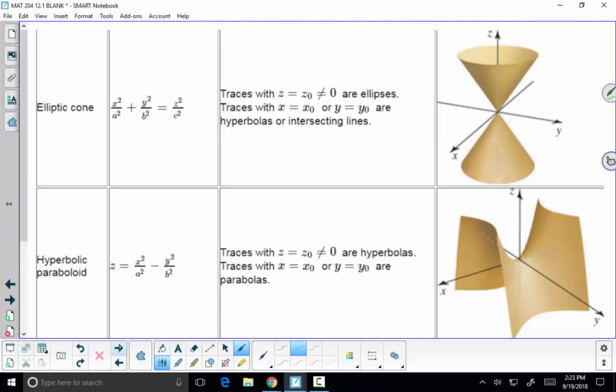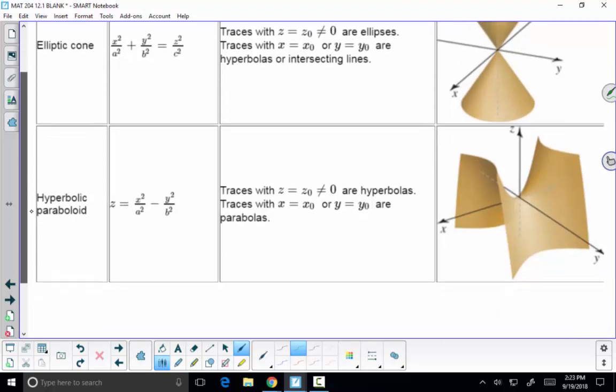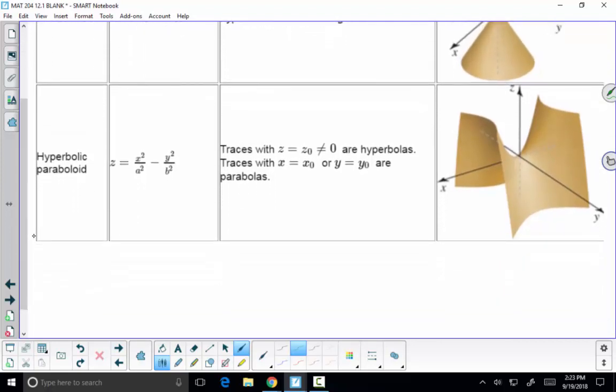Don't you get an X for both of them? Right, you get 2 X's. They call it intersecting lines. And then we have the